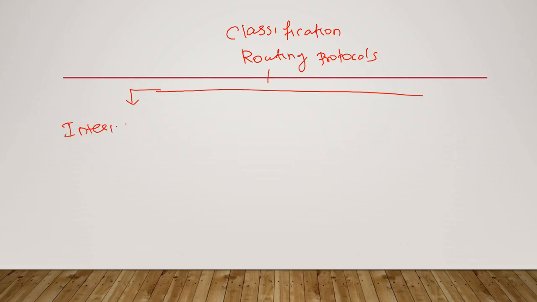What is meant by interior gateway routing protocols? Interior means the routing happens only inside the network, that is interior, or otherwise we can call it